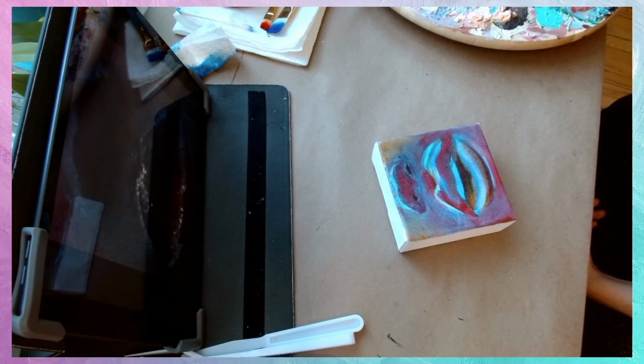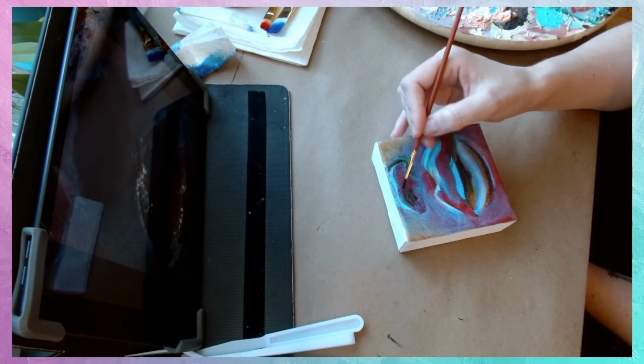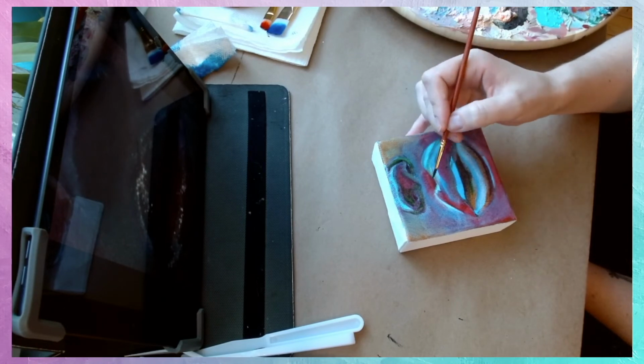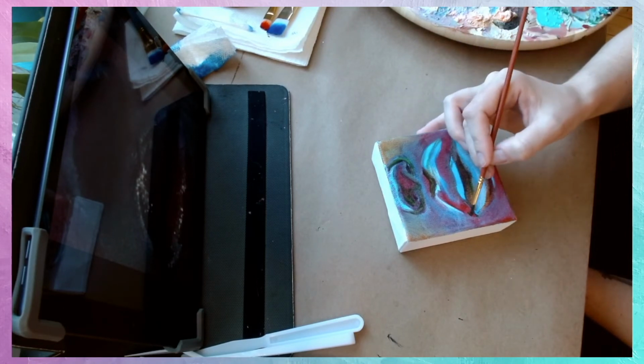Like I mentioned in our color theory videos, the combination of those cool tones mixed with those warm tones is going to have a neutralizing effect. Anytime you mix a color with its opposite on the color wheel, it's going to result in that kind of brown neutral tone. So now that I've mixed back and forth between my two opposite sides of my palette, I am starting to get a decent neutral, and I'm going to take my detail brush and load it up